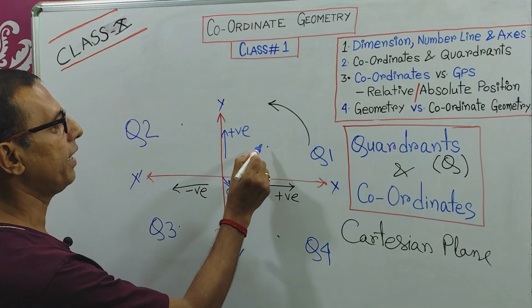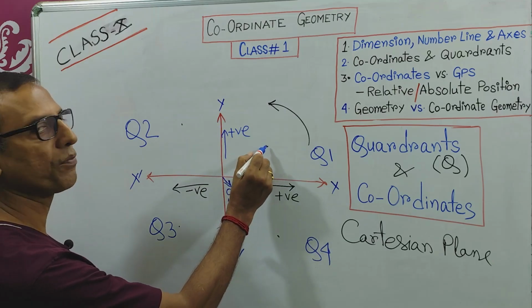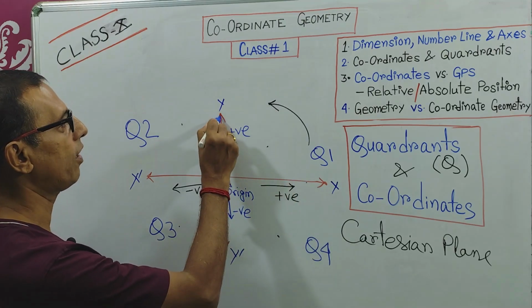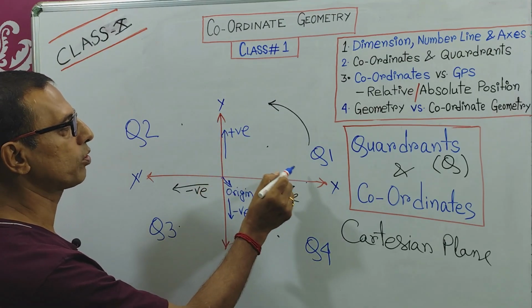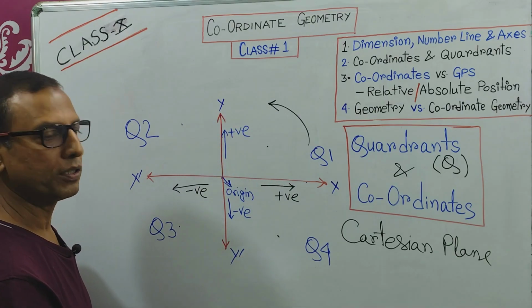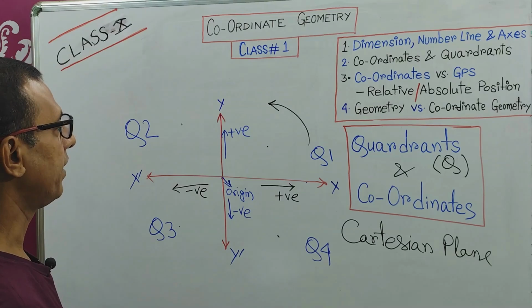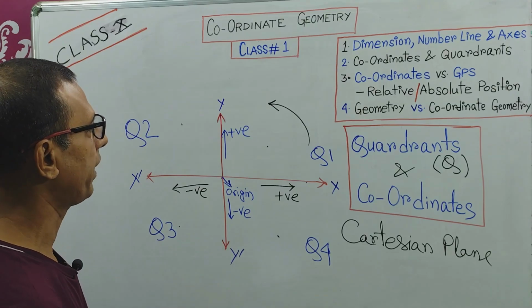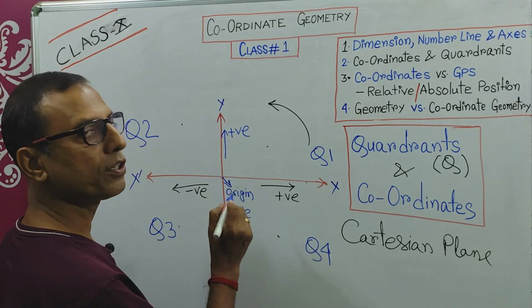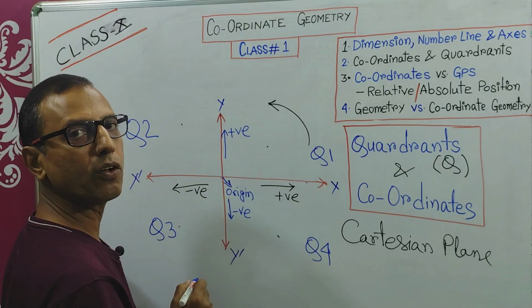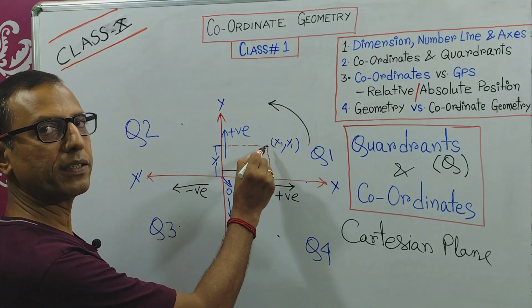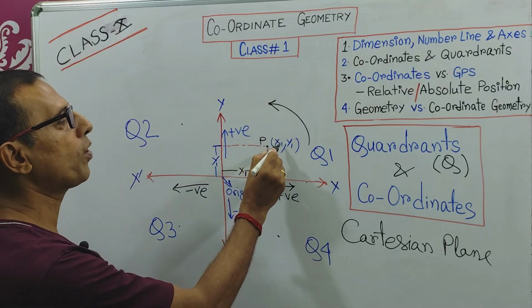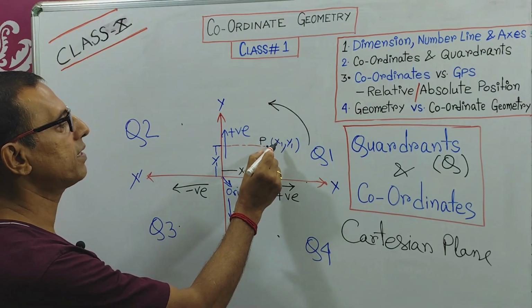Now what will happen if the position of the point is in the first quadrant? That means along the x-axis, the abscissa, it is positive, and along the ordinate also it is positive. Now just remember this thing, to mention the coordinate of a particular point, the convention is, first you need to mention the abscissa of the point and then the ordinate. So if there is a point P in the first quadrant and the coordinate is x1, y1,